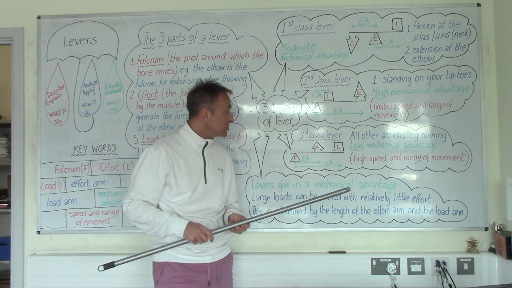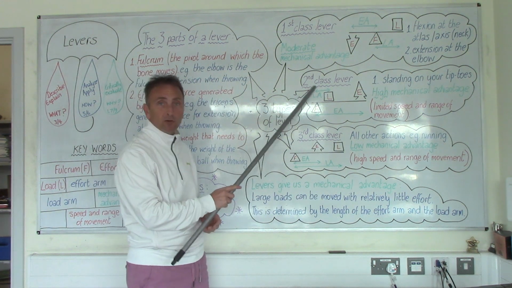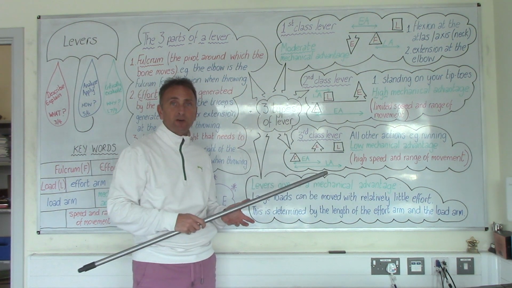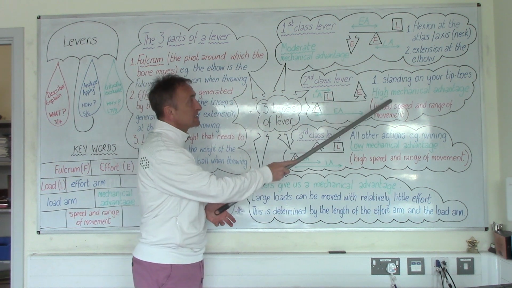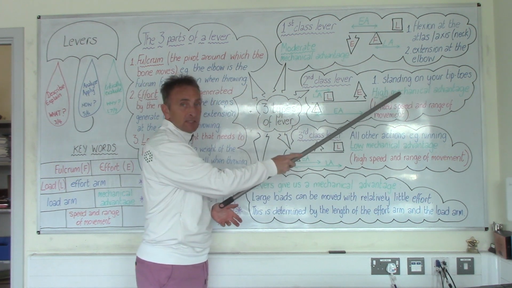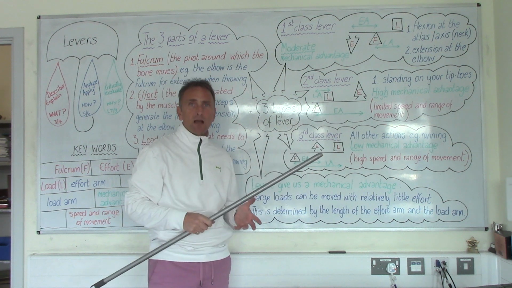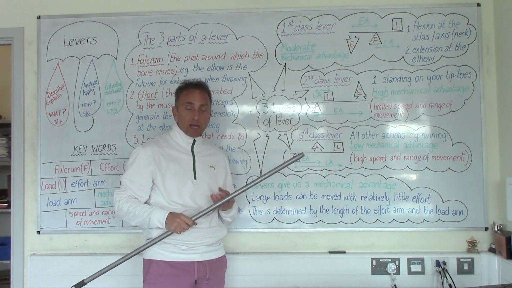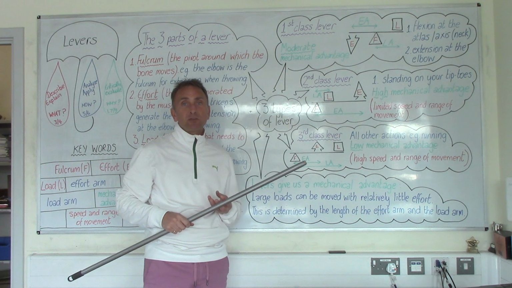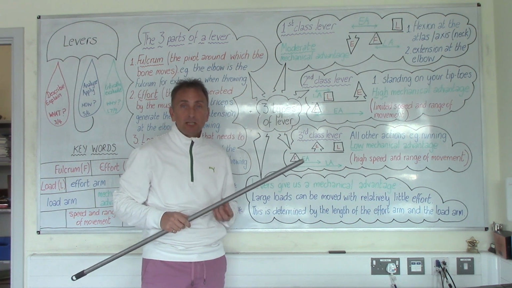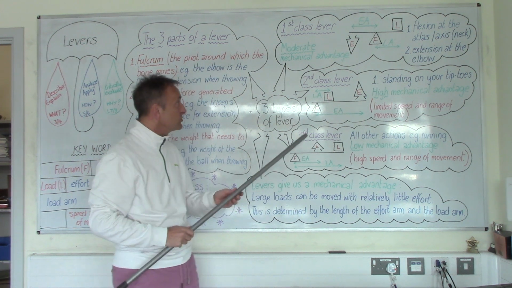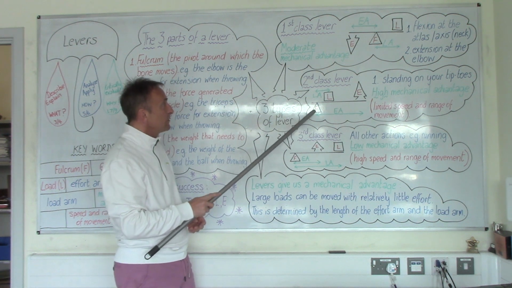So I'm going to go straight to a second order lever, because a second order lever gives us the highest mechanical advantage. Okay, now how do you work out a mechanical advantage? Well, you have to work out the length of the effort arm in relation to the length of the load arm. So I've drawn you a picture here. So if we have a look,